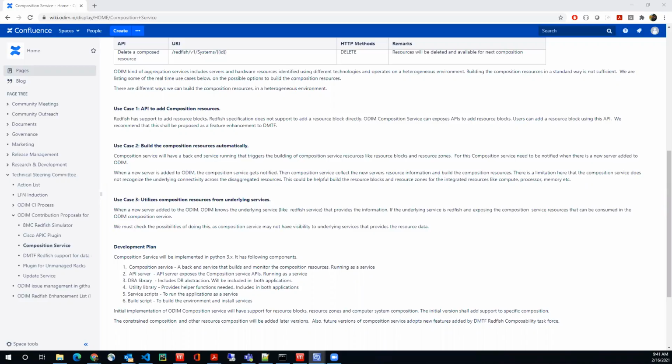So I think the use case is that we need to be able to create our own resource blocks here, right? It's not something that in every case will come from the vendor from scratch, because we might use the vendor's equipment to host some new type of services that will become new resource blocks. So we provide APIs to create resource blocks and zones, or we can automate it. That's our idea, right, Muthu?